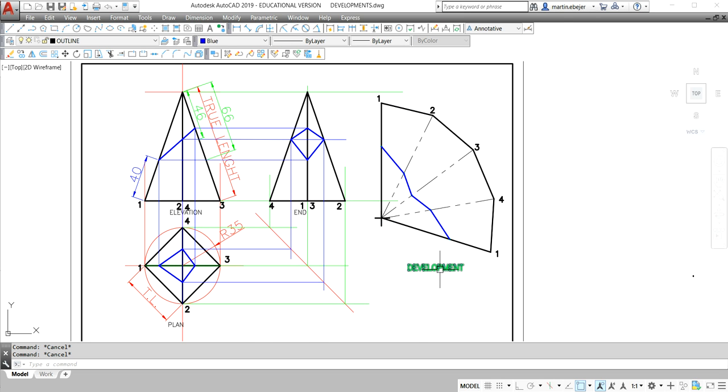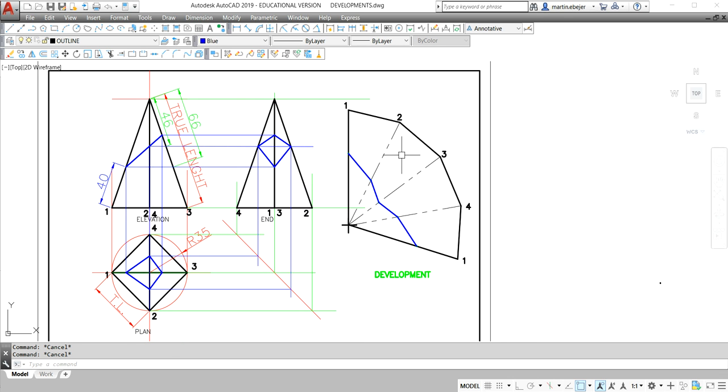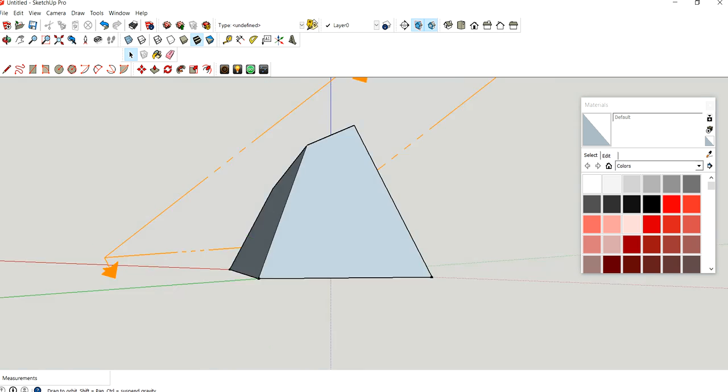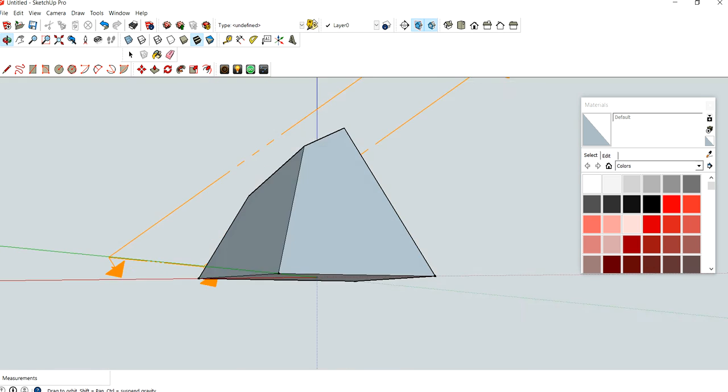And like that, the drawing is done. So it means that if I had to cut this development, when I join it, it will result in this particular shape. Okay,